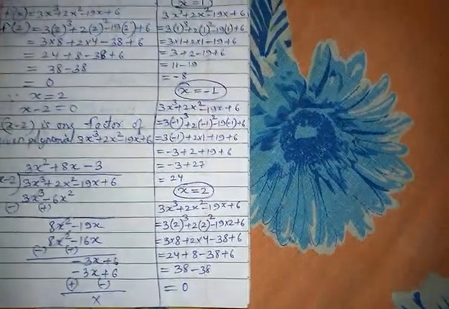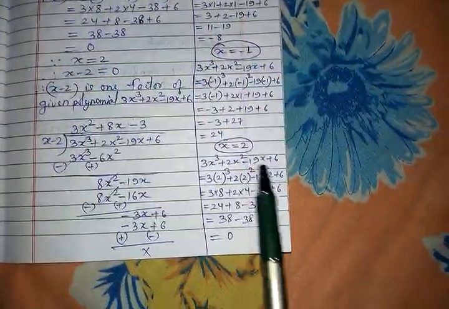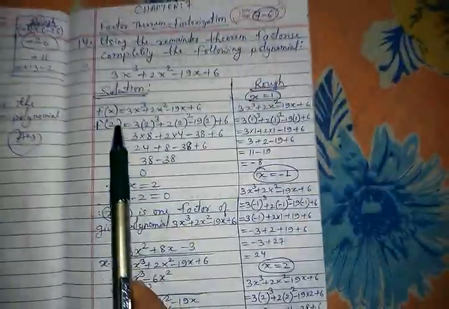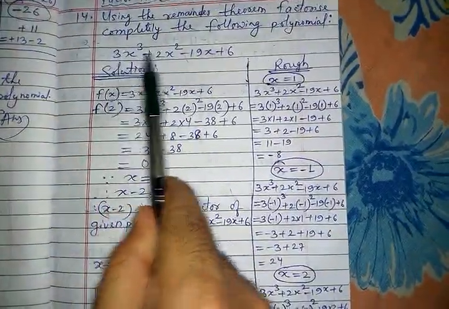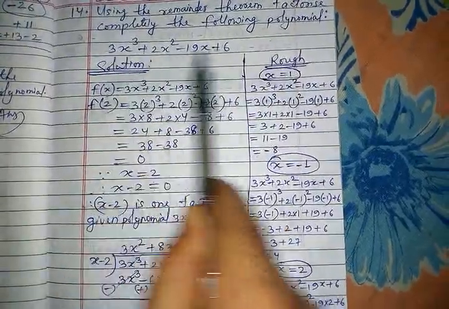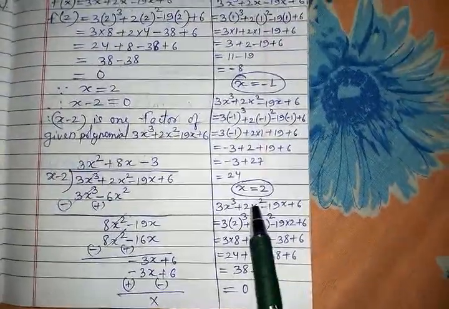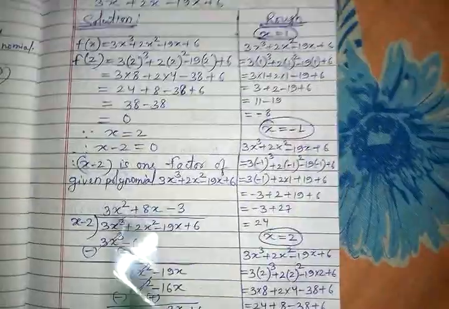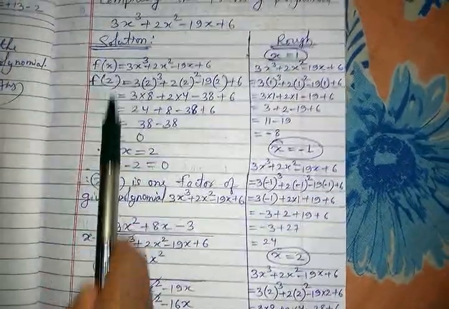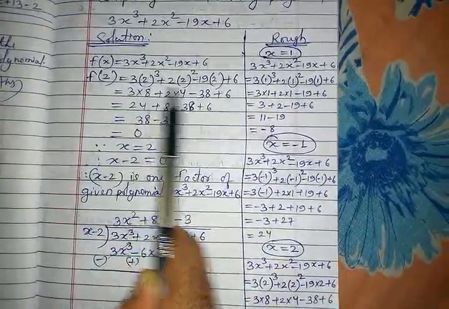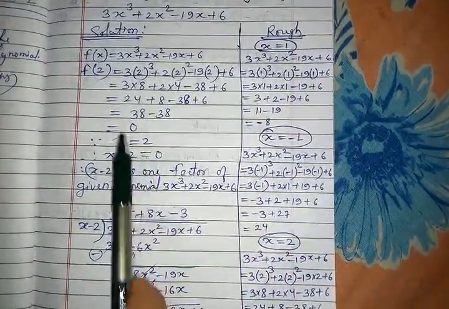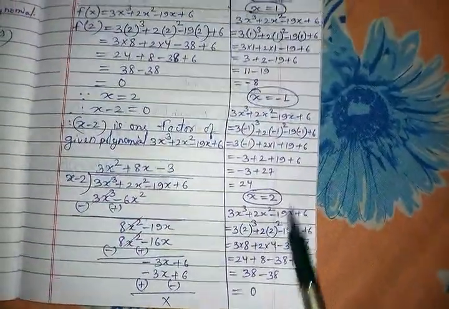So when 0 comes, what do you need to do? The same thing once again you have to do in the solution. This was rough. Now in the solution, write f(x) equal to this expression. Write f(x) and the same expression. Now, as you all know, by putting 2 we get 0. So in place of x you write f(2), and all the x will be occupied by 2. And at the end you know 0 will come because you have already done it in the rough.